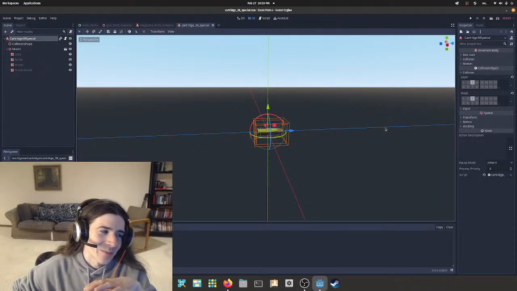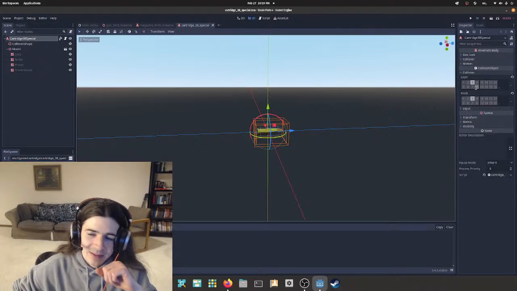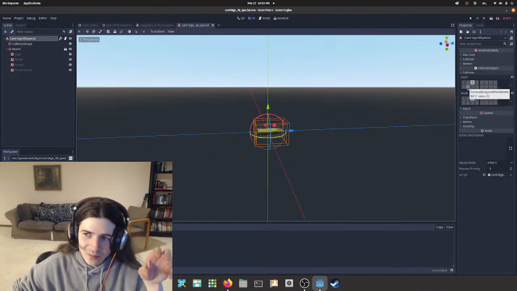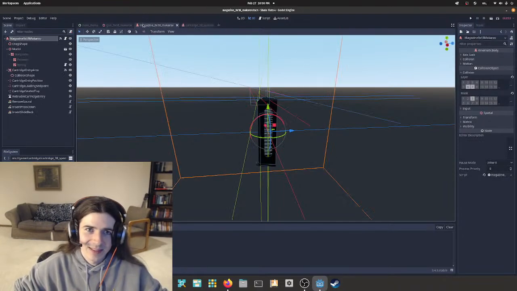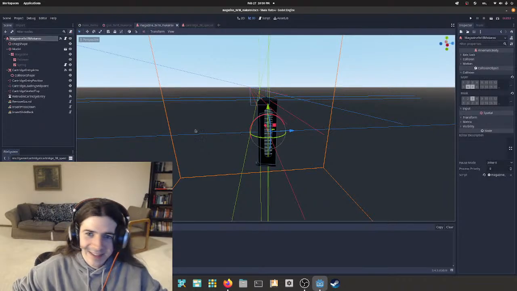I'll leave that be for now because it's currently working. But I think any object that you can click and drag around in your pockets should just have this layer, and then that's the only thing it will look at. I don't know. I'll revisit that. I'll put that on my to-do list.